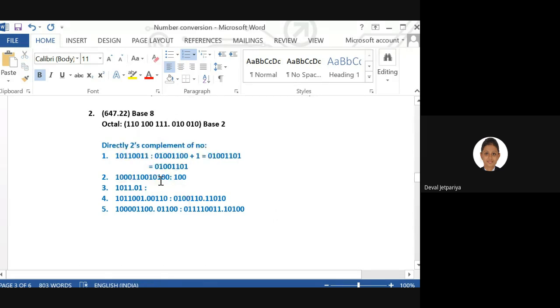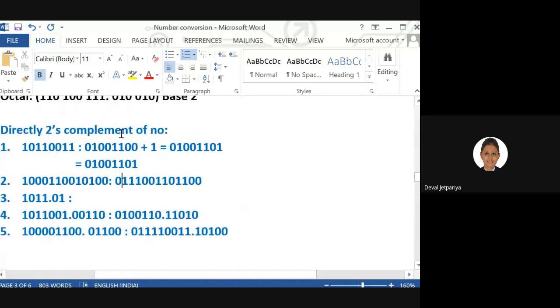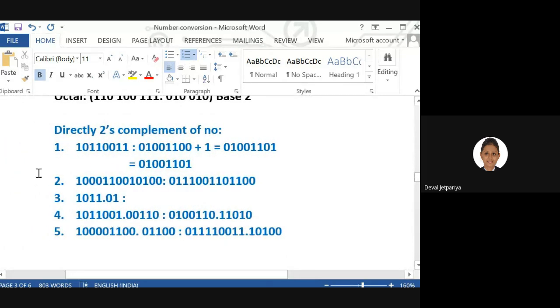So see here, before this one, we are having 0. So 0 can be treated as 1. Before that 0, we are having 1. So 1 can be treated as 0. Previously we are having two 0s, so that is like 1 1. Before that we are having two 1s, so that is like 0 0. Before that we are having three 0s, so that is like 1 1 1. And then before that we are having 1, that is 0. So this is clear. Everyone getting the idea how it is going to be solved?